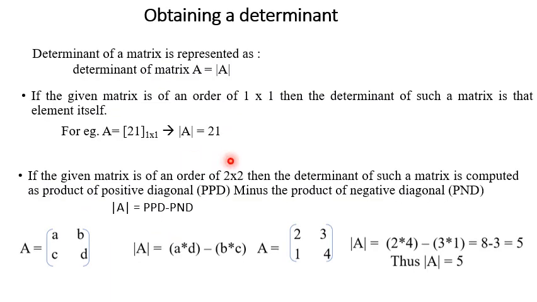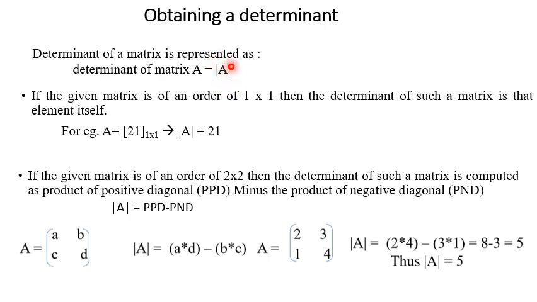Let us look at this. In order to obtain a determinant, what we will have to do. Now let's say, for example, a determinant of a matrix is always represented in this particular manner. The name or the alphabet which that particular matrix represents is always put in two standing lines, or the modulus sign. But these are not the signs of the modulus; these are simply two standing lines which are drawn outside that alphabet,